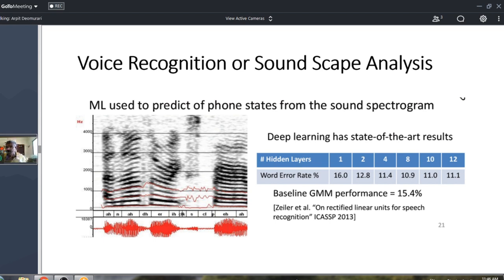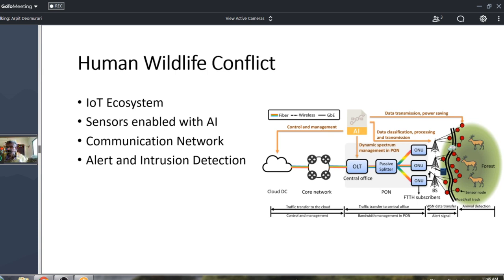Human-wildlife conflict. This is another system where we try to protect humans and the animals as well, and the crops. It's a complex system I've started working on the ground. It's a sensor-based system.